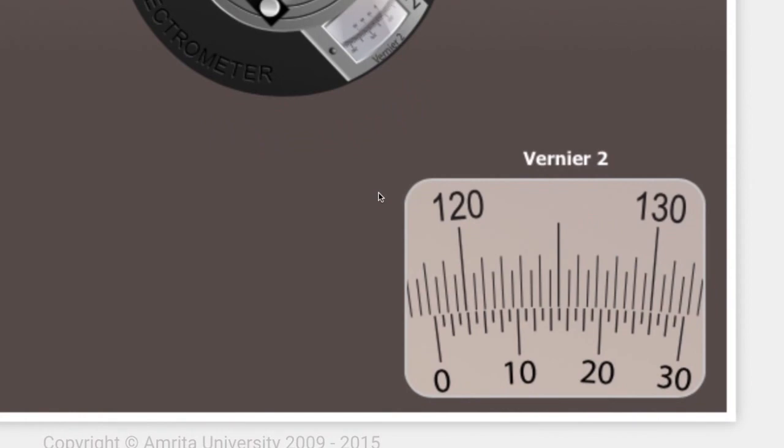Let us read the second vernier now. The second vernier is again 118 degrees, and for minutes it's a little left of the center. So here, if I see, these are left shifted, these are right shifted. So the one making sense is this one. So the 14th division. So now let us calculate it for one set.